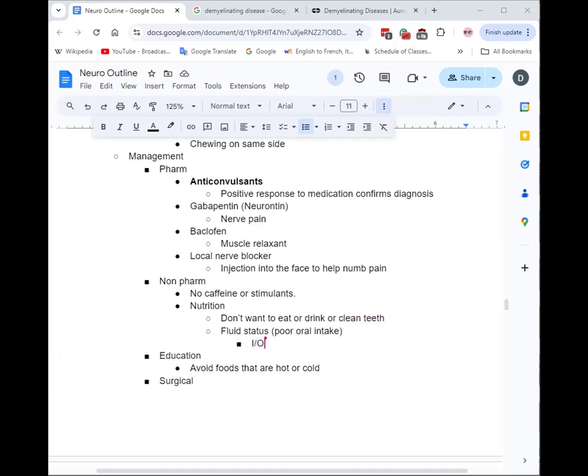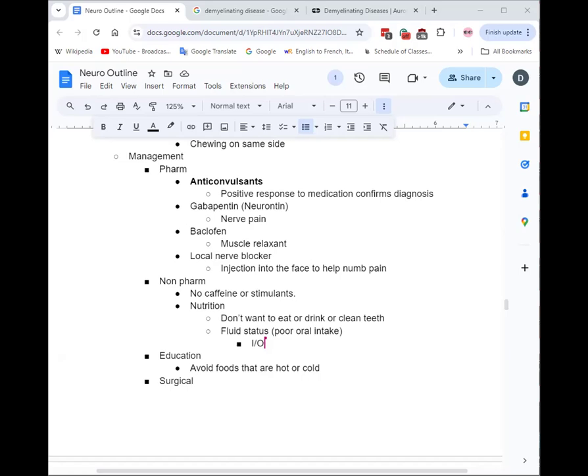This one, we're on the different end of the spectrum, so we're going to be not having as much in. But with that, they might be losing weight as well. So possibly daily weights, but your I and O is going to be really important here, just because they might not be tolerating oral intake. If they are severely dehydrated and they come into the hospital, we'll probably do IV fluid rehydration just because they're not willing to put anything in their mouth. I wouldn't be willing to either.